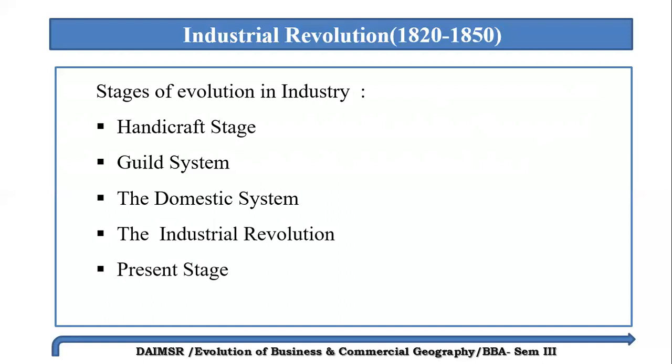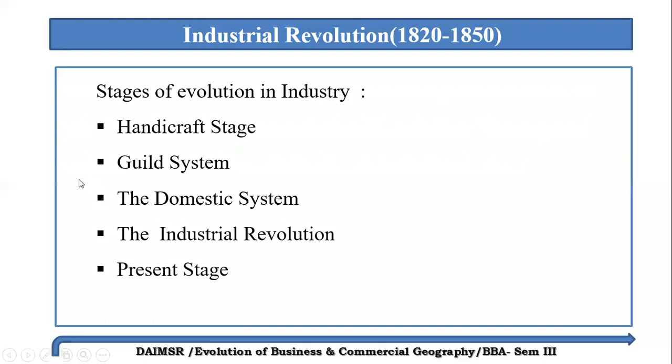Now, the second one is the guild system. A guild may be defined as an organized group of artisans or traders. In the Middle Ages, up to the 15th century, working people organized themselves into guilds. These guilds were merchant guilds and artisan guilds. The merchant guilds were associations of traders. The membership of these guilds was compulsory, and the guilds were able to help the growth of industry development, and the interests of members were protected, and they were expected to produce quality goods.